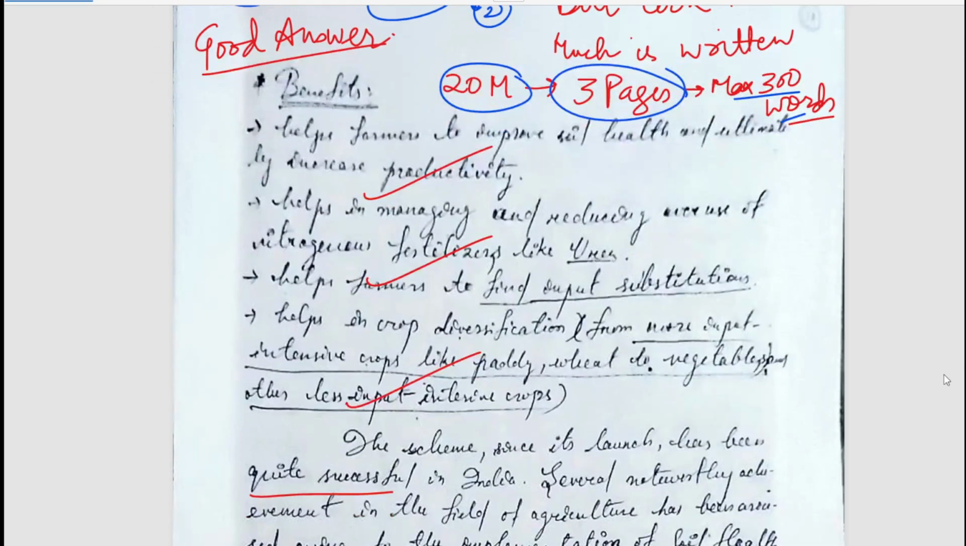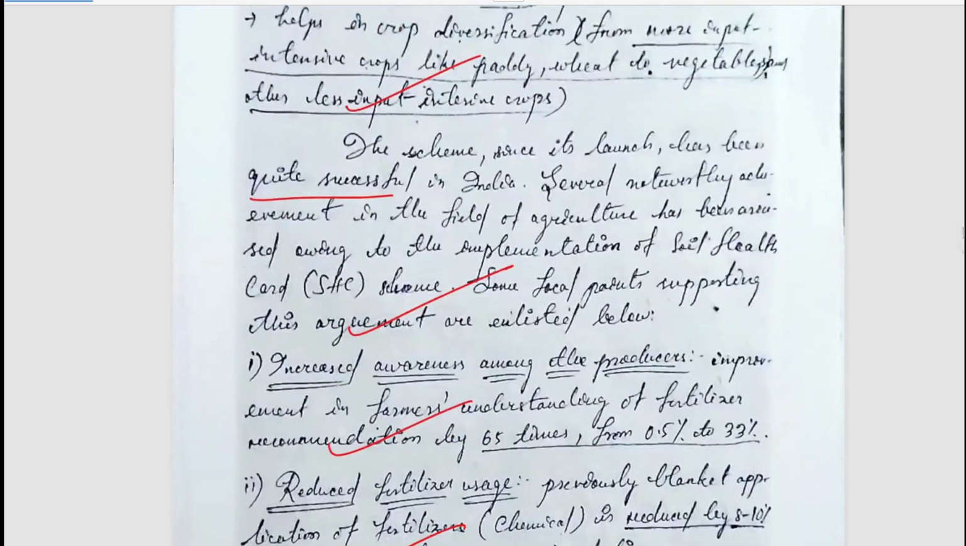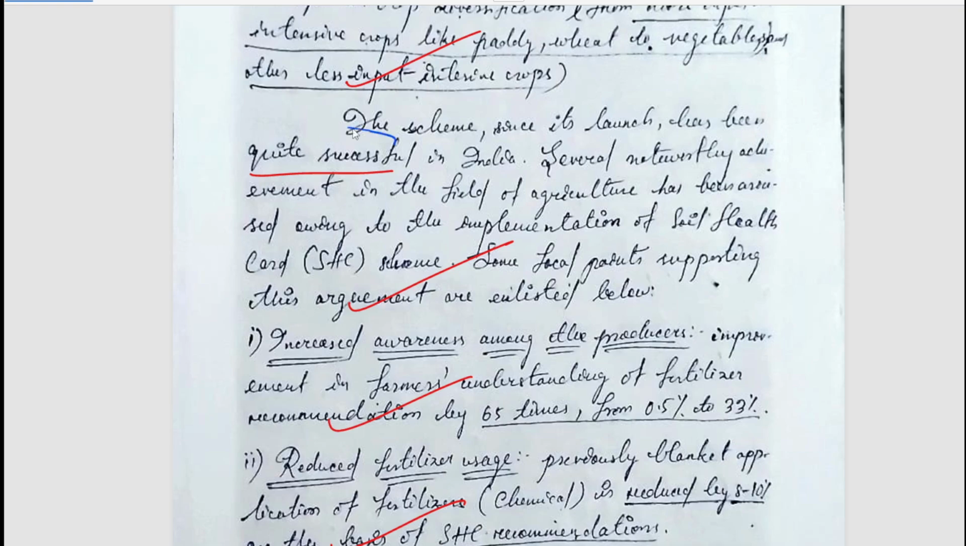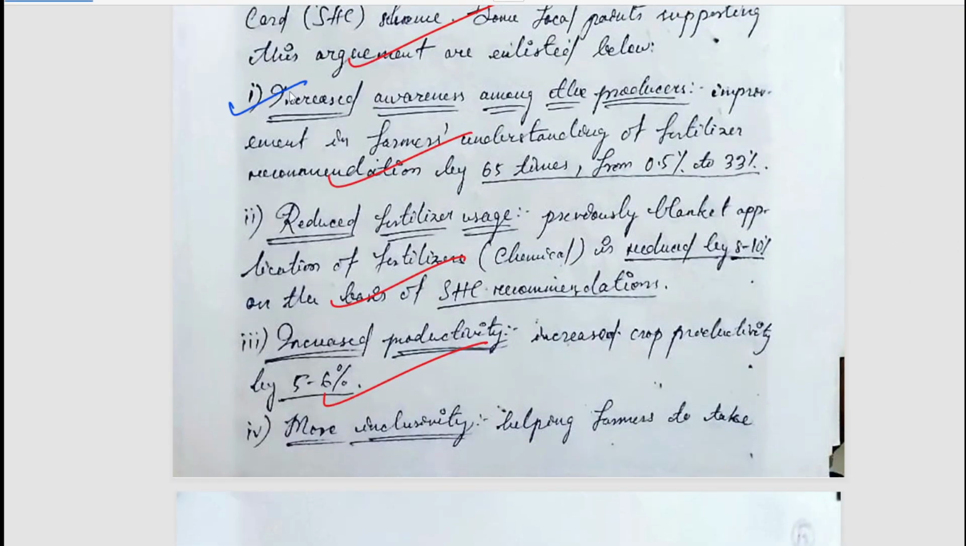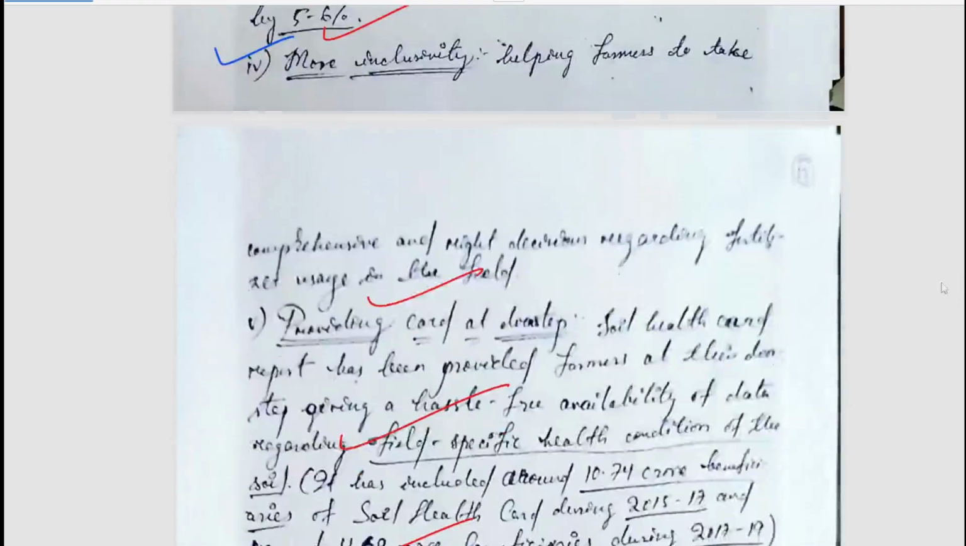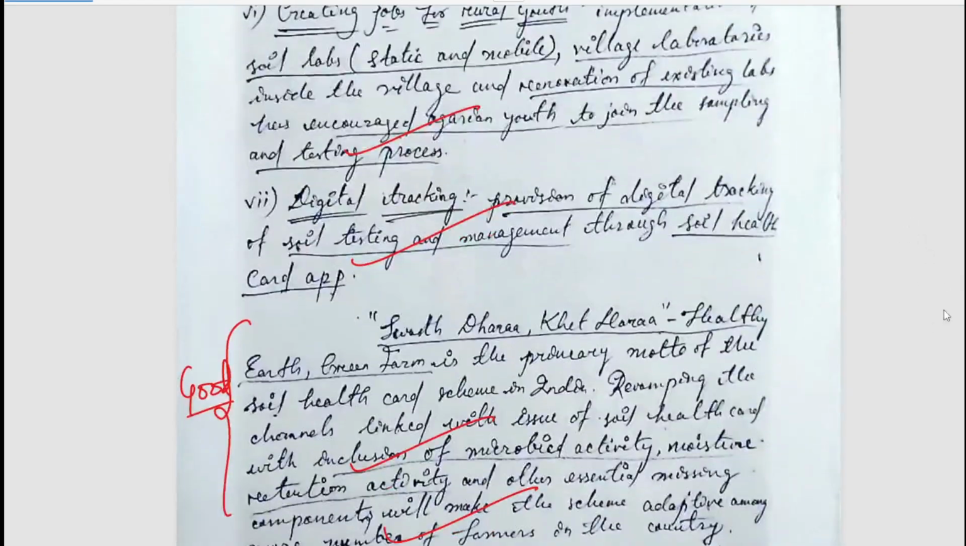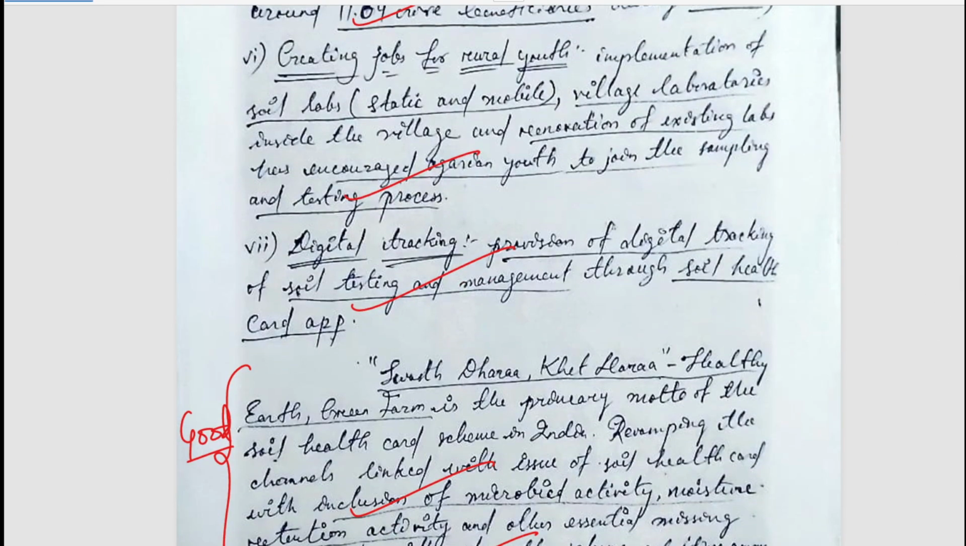Okay, benefits have been mentioned. Then again it was written the scheme was quite successful. Their arguments have been mentioned: increased awareness among producers, reduced fertilizer use, increased productivity, more inclusivity. So well written points. And simply as you are writing answers in UPSC, you can suppose you are going that